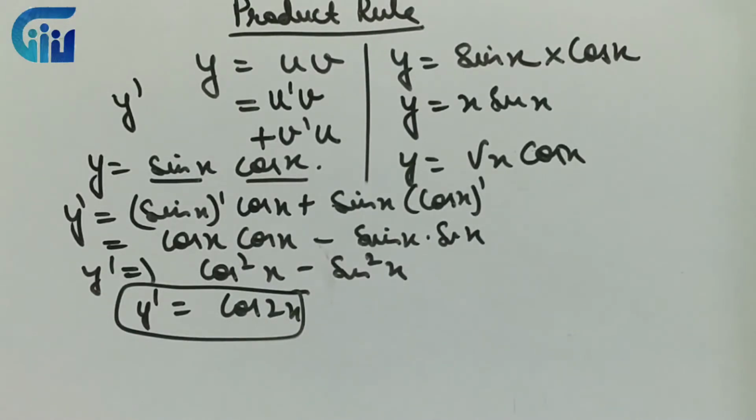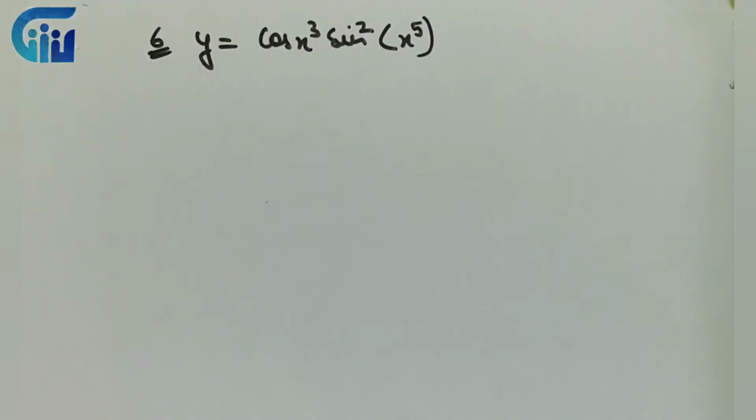So this is how we apply the product rule. Now what will happen, we will have product rule and chain rule together. So we will have a complex function kind of an expression, right? So let's move on to that particular question. Suppose I have a question like this. Okay, suppose I have this question number 6 of exercise 5.2.